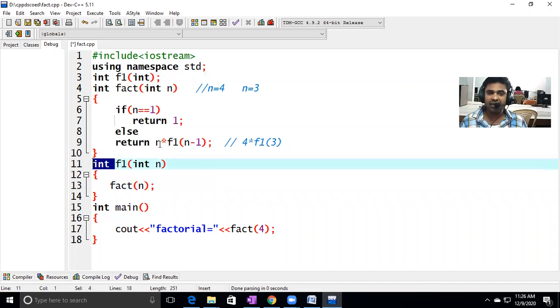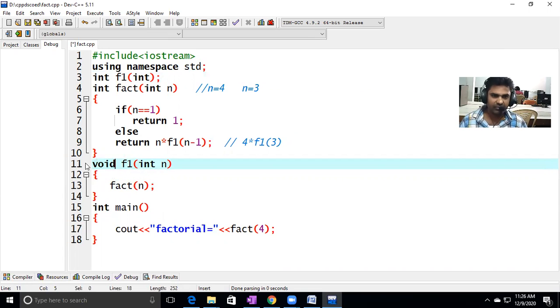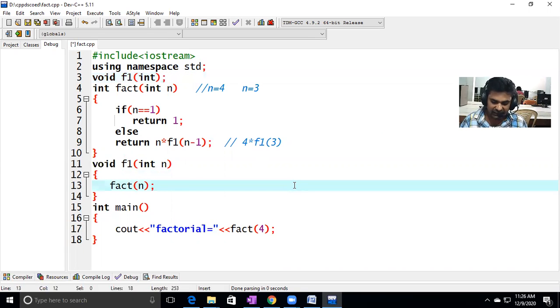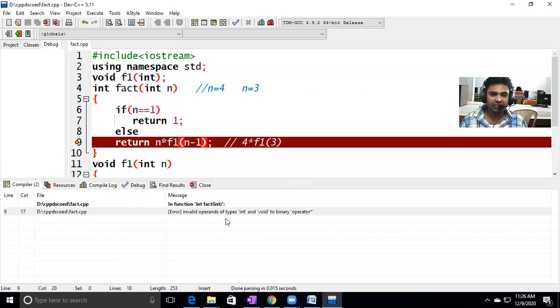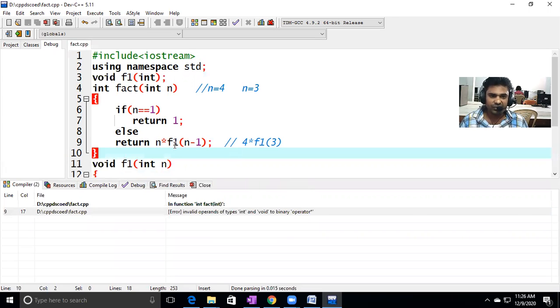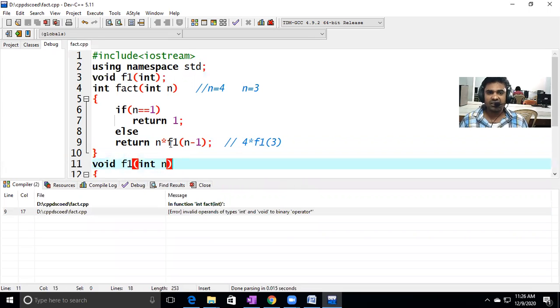If you take void, that will not evaluate this expression. If you take void here, that will give error, because this function is not returning any value. So I'm writing void here. If you write void, that will not evaluate the expression. It is giving the error. Okay, operands of types int and void to binary operator. So here we are using binary operator multiplication. So this n is the integer value. This f1